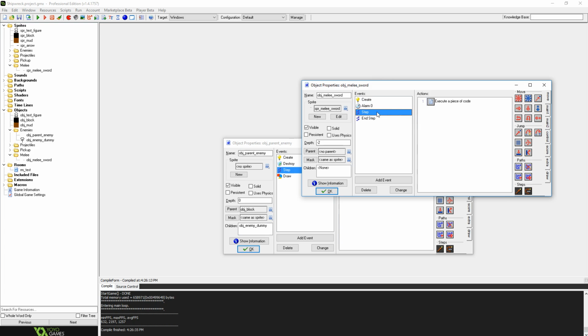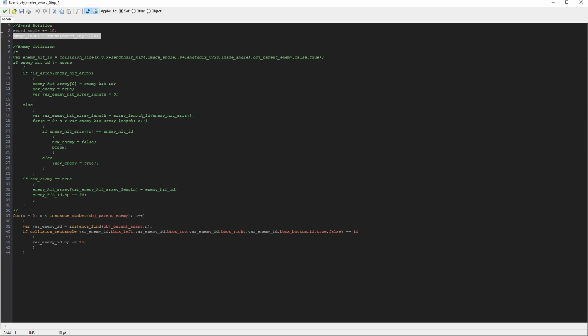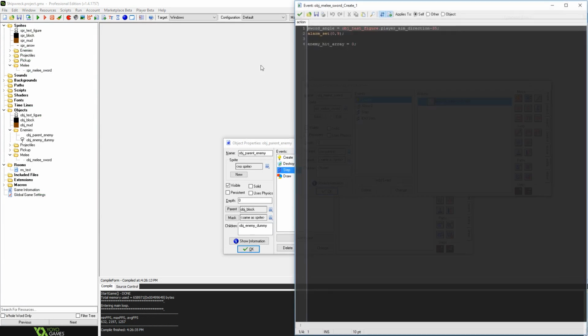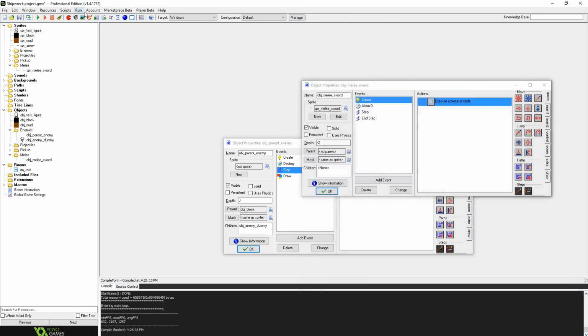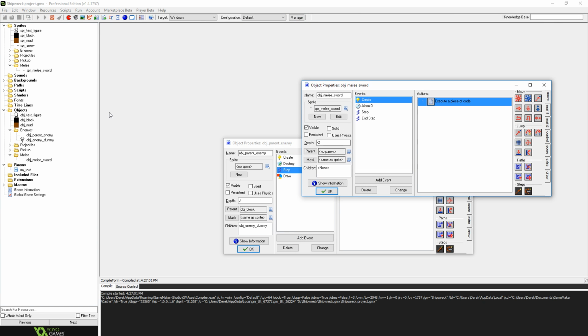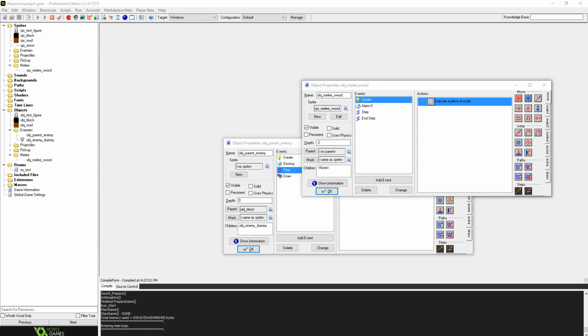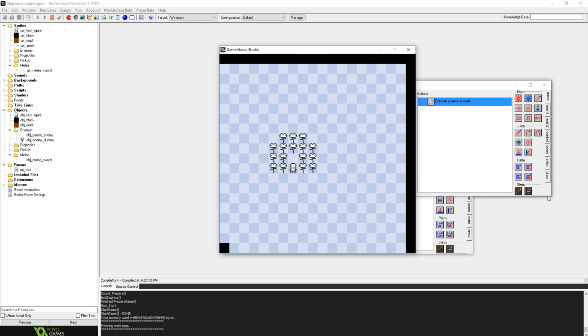Okay, well, what if we did this here as well? Wouldn't think that would be necessary in the create event, but